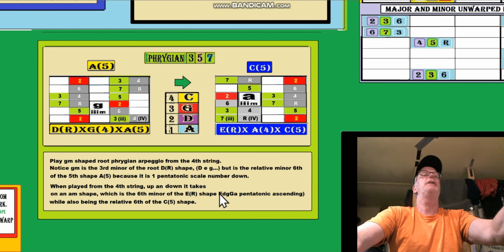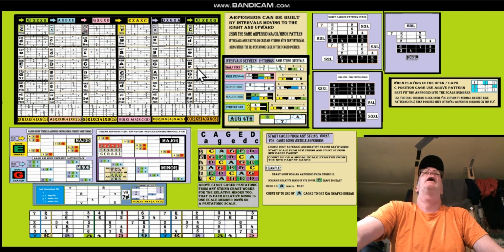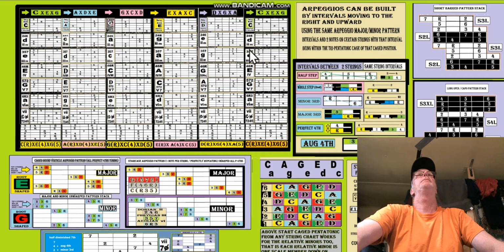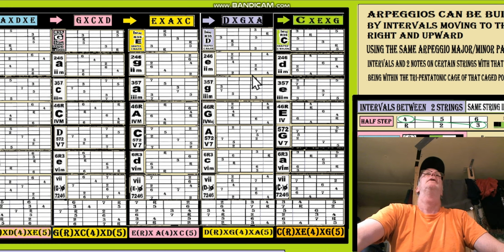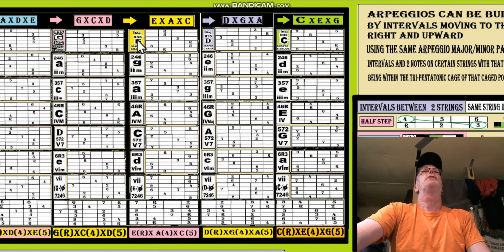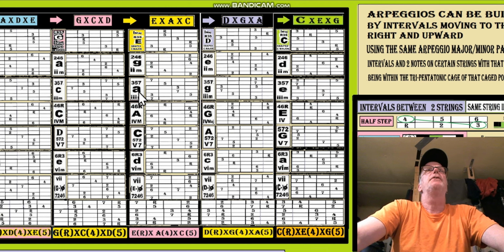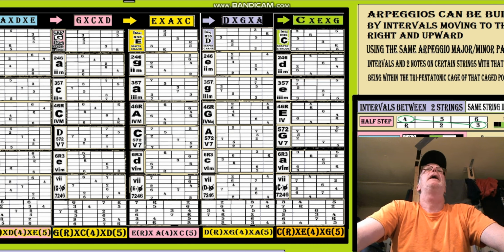It's pentatonic ascending from E. Okay, let's look at where it is on the E chart. I think I made a little mistake on the chart there. That's okay. It happens. You know, we find these things out when we're playing them. You start on an E shape. All right. The 6th is going to be D minor shaped of that E. All right. A minor is the 3rd. Now, we're talking about Phrygian. So that's where you get your A minor from. Okay? So that's what we're looking at